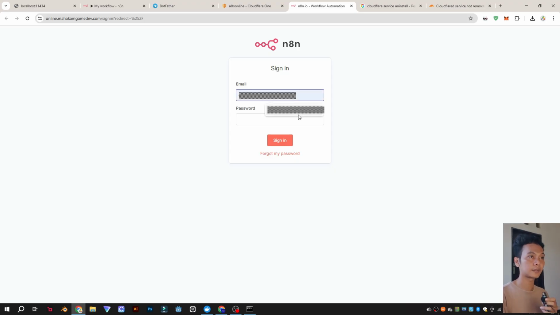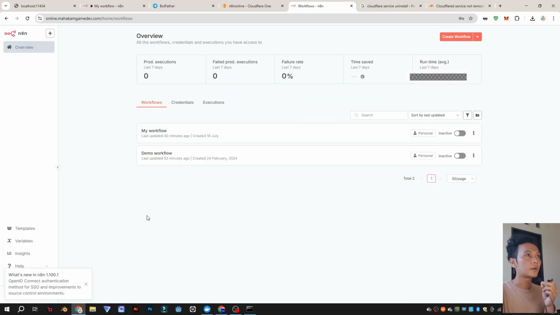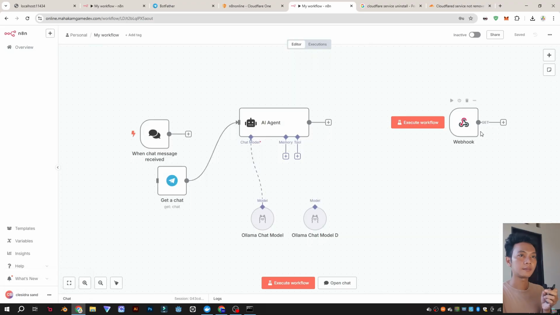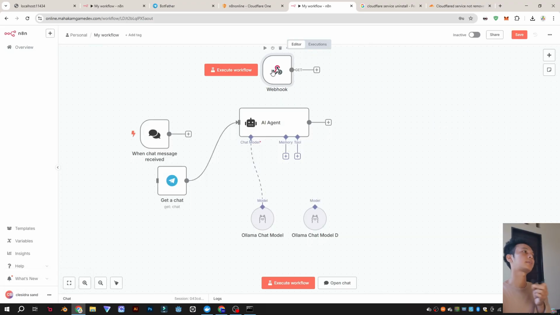Let's take a look. Let's log in. So this is our N8N. If you remember before, we set up the Telegram webhook, and this is exactly the same.